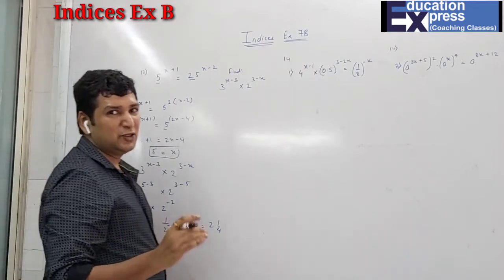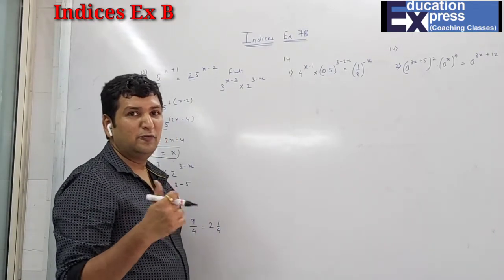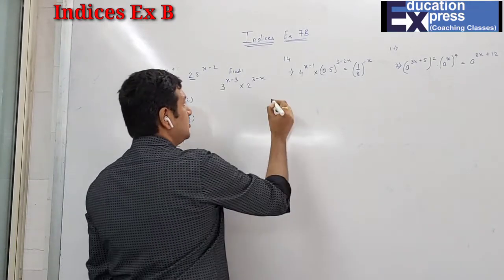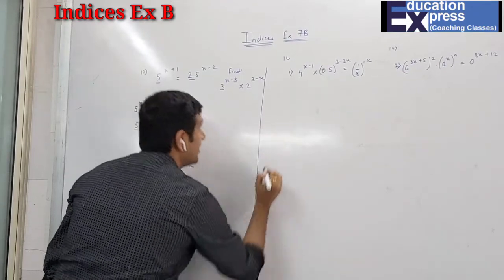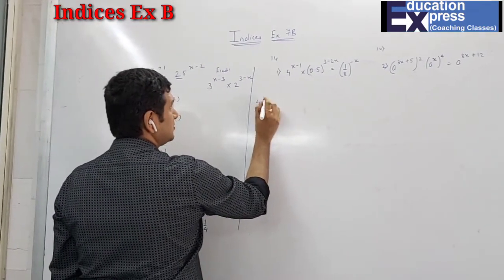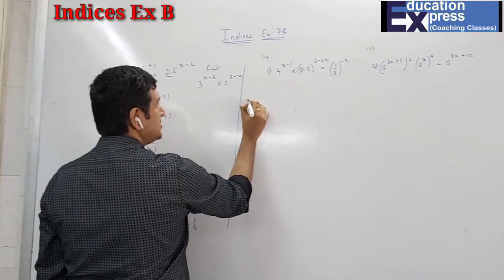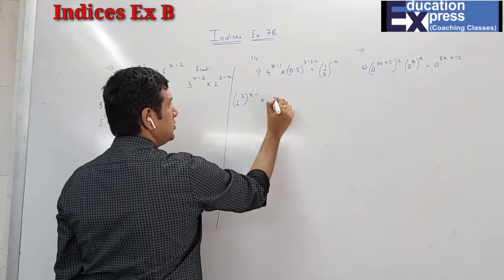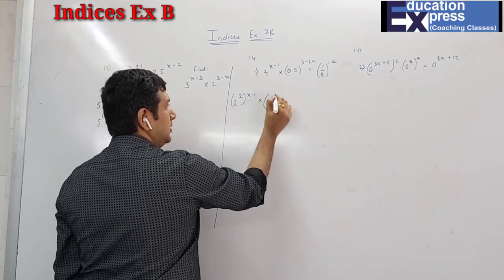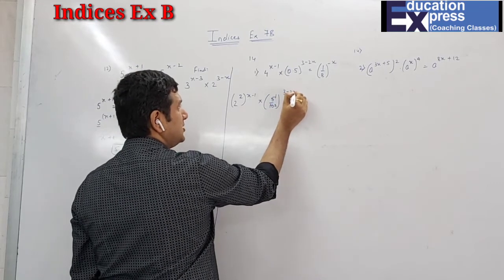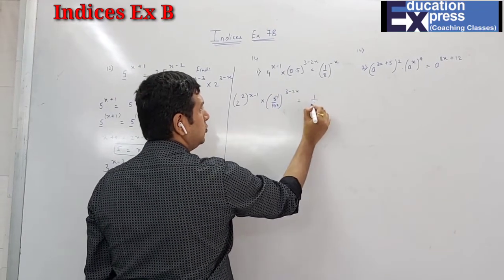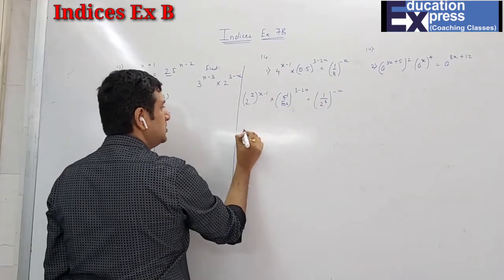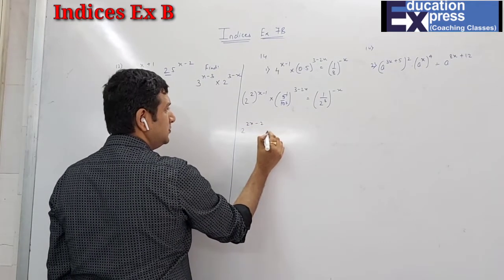Now we are left with the last question's first 3 parts. Question 14's 4th, 5th, 6th are already done. Now it's first, second and third. So this first and second will start right now. So again, 4 raised to x. I can take 4 as 2 squared. x minus 1 into, what is 0.5, 5 upon 10? 3 minus 2x equals 1 upon 2 cube raised to minus x. So now here, students, 2 raised to 2x minus 2 into.